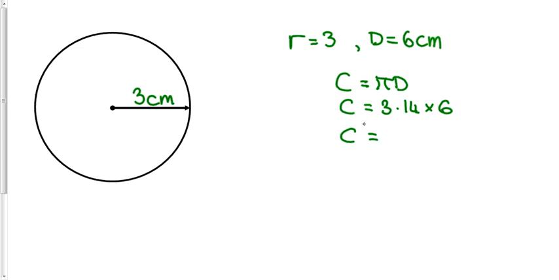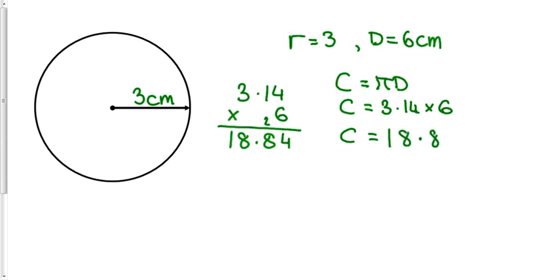You could, if you like, try and do that in your head, but there's no harm whatsoever in writing out a multiplication, making sure we don't make any mistakes. So 6 fours would give us 24, so 4 carry the 2, 6 ones are 6, and 2 to give 8, and 6 threes are 18, so to give us an answer of 18.84